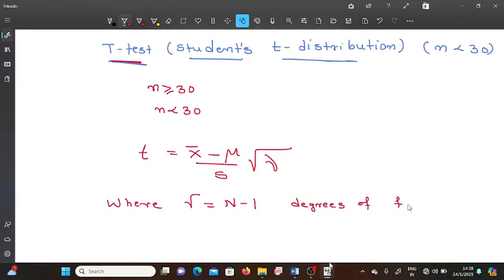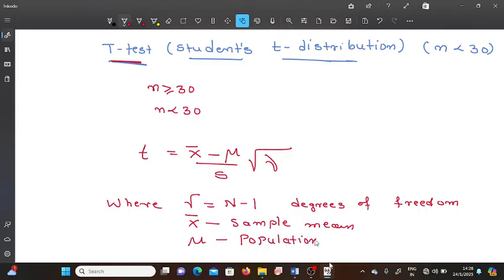And x bar is the sample mean, mu is the population mean,